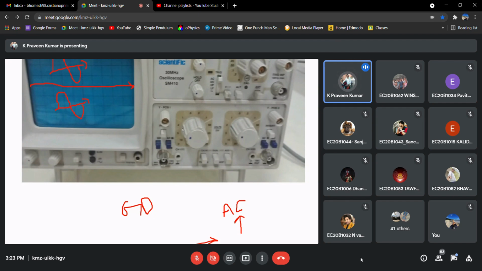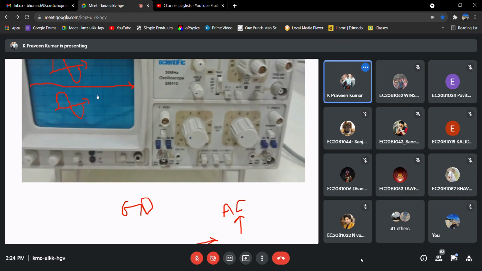That means if you connect this, feed the signal from the function generator via this probe, you will get the signal on this line. Right? But if you want to see what DC value is present in the signal, if you press this button, then you can see the DC shift. Understood? So if the switch is in released position, you will be seeing only the AC component.